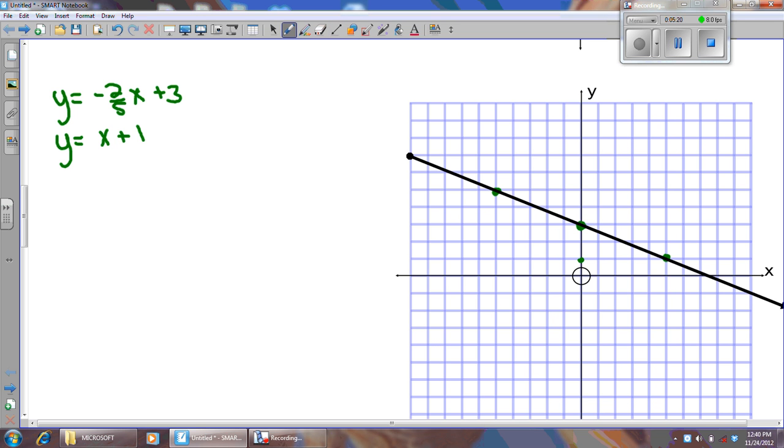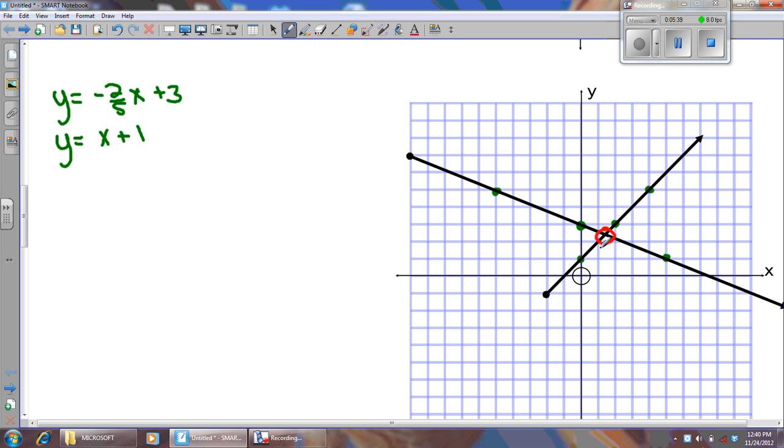Okay, y-intercept of 1. And there we go. Now you can tell clearly that they intersect here, but you don't know the x-coordinate nor